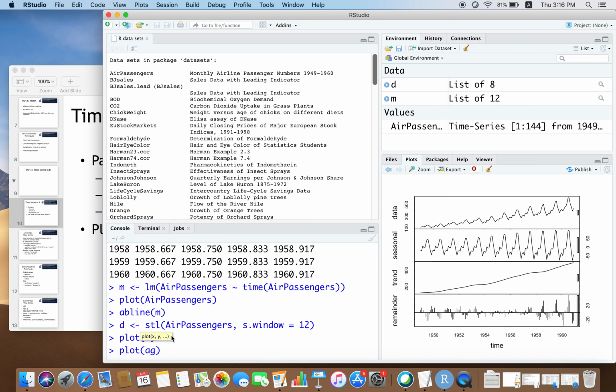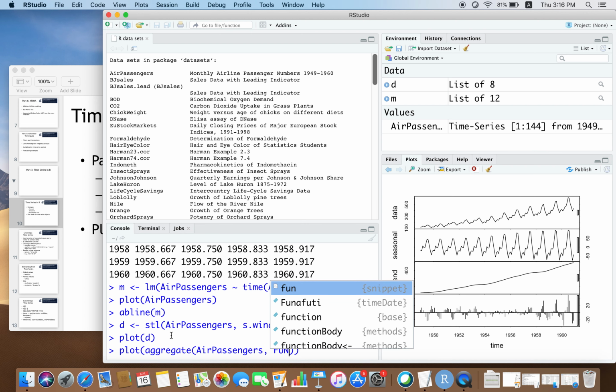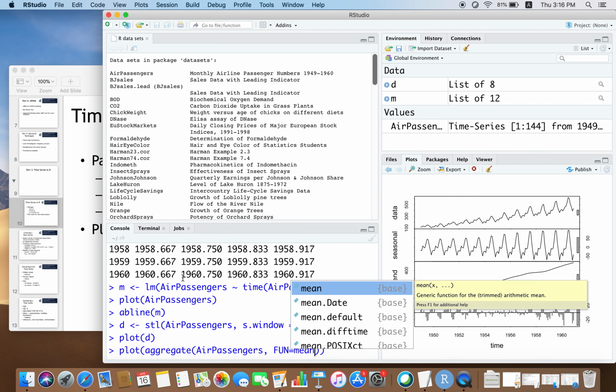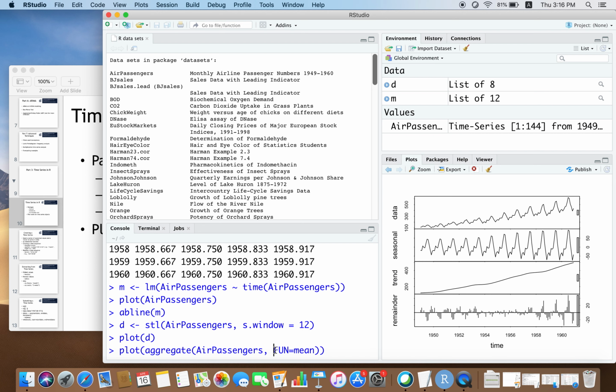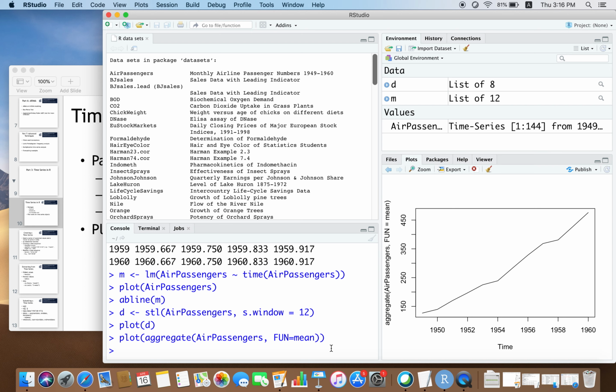I will now say plot me the aggregate of this data, where the function I will use for aggregation is mean. That means take the average, the arithmetic mean of data points, and then plot that.